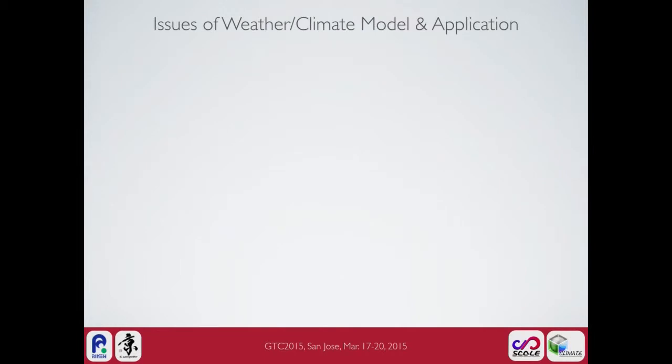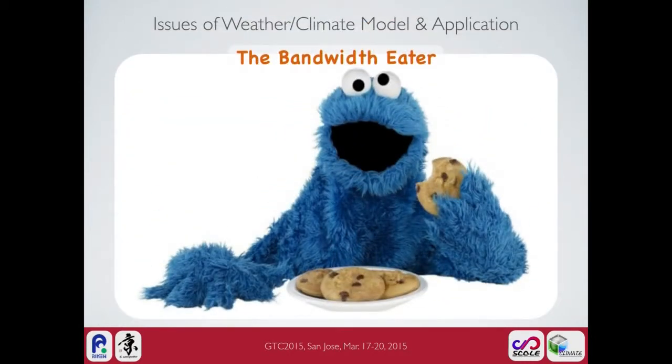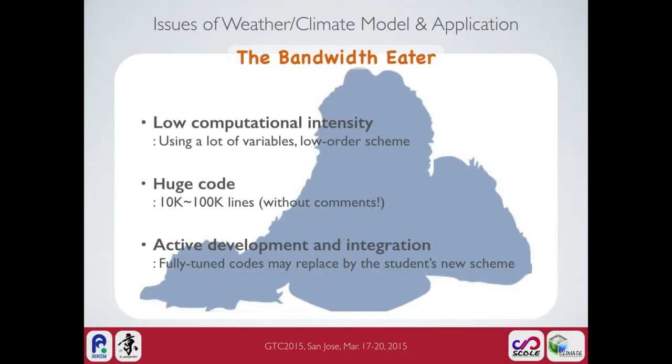I want to introduce the common issue. I believe it is a common issue of weather climate models and applications. It is the bandwidth issue. The weather climate model is one of the terrible applications of HPC. It eats bandwidth as much as possible. The cause of the bandwidth eating is the low computational intensity. The weather climate model uses a lot of variables with low order schemes, not so high order schemes compared with CFD models, and